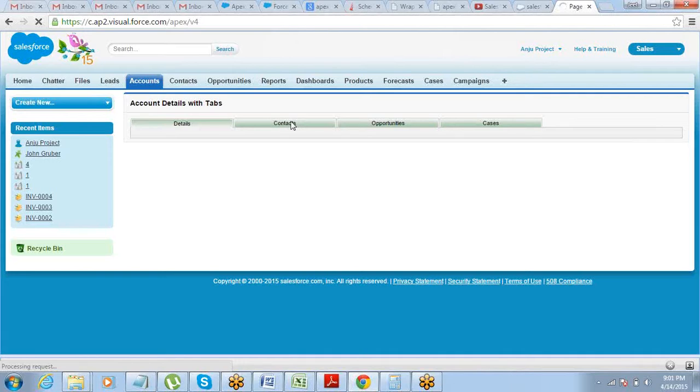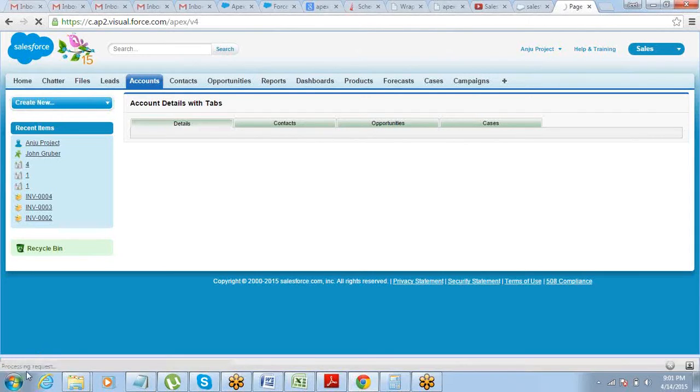So it's a very simple requirement. Try and understand this. We have created a page, in the page I have a details tab, contacts, opportunities, cases. Okay, contacts, opportunities and cases are the related lists, which means contacts under the same account, opportunities under the same account and cases under the same account are being displayed. We have called them related lists, right?